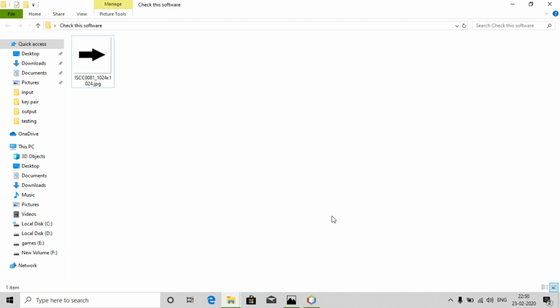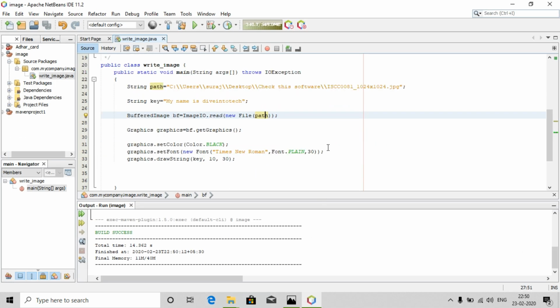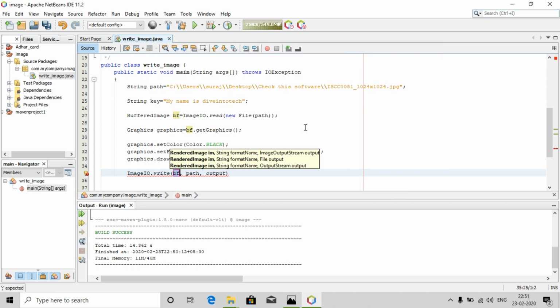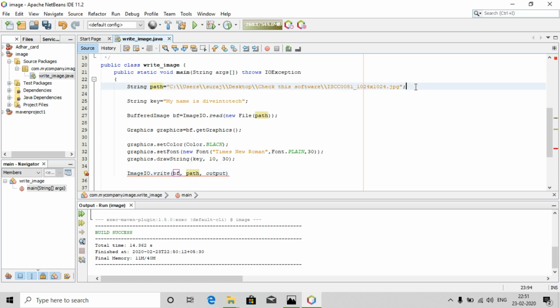Whoa, wait. I have written into the image, but where is the image? I haven't created anything which would output an image. So in order to make an output, we need a syntax, which I'll be writing just now. And the syntax would be ImageIO.write. It is already taken, bf, and the path would be, now guys, this is the path